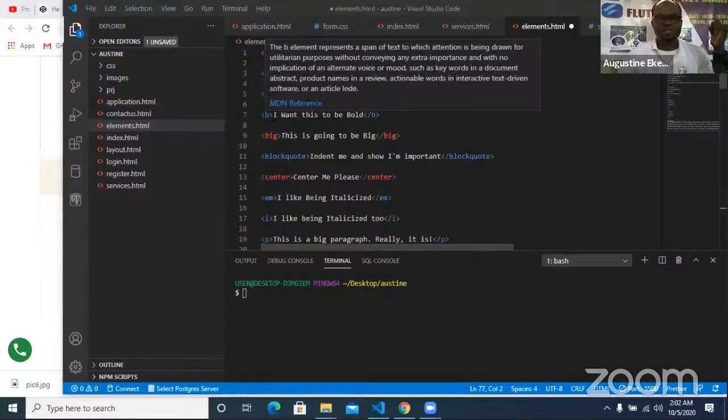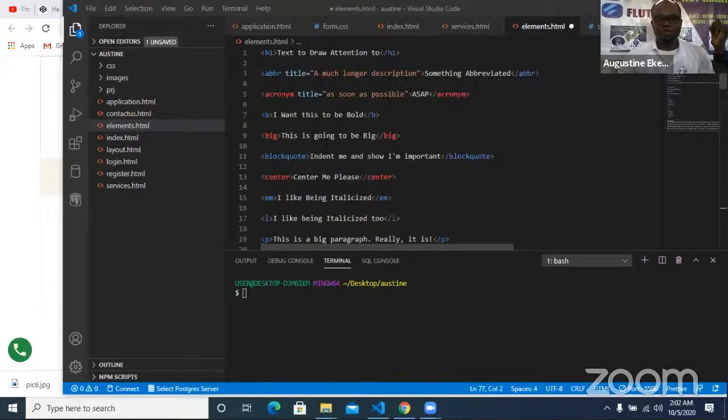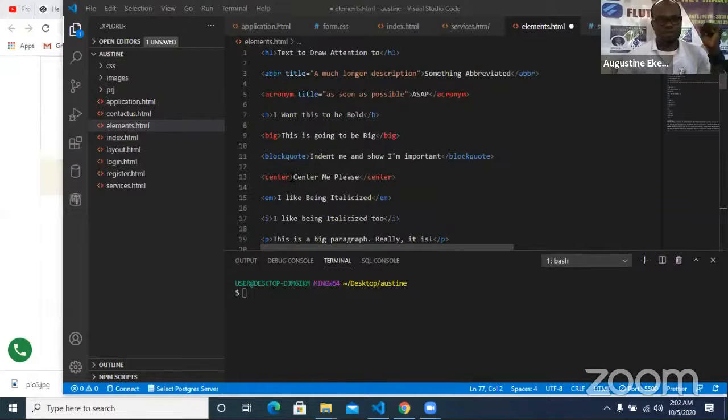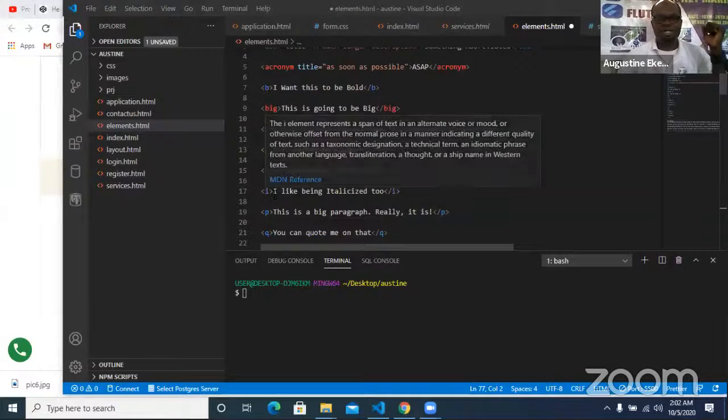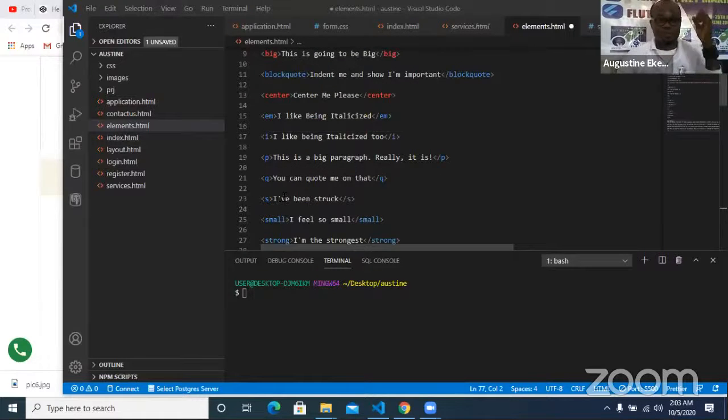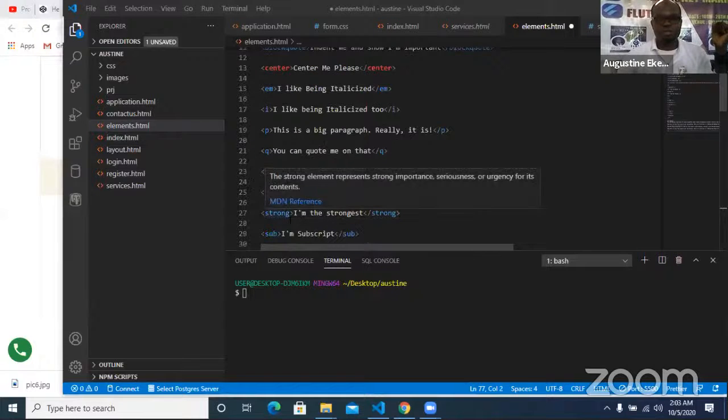If you want your letter to be bold, this is what you use for bold. If you want it to be big, not just bold but big, this is the tag for big. If you want what you are writing to be in block quotes, this is what you have. If you want it centered, this is the tag for centering. This is the tag for emphasizing. This is the tag for putting something in italics. This is the tag for paragraph. We've already done this. This is the tag for quotes. You want something in strong, small,